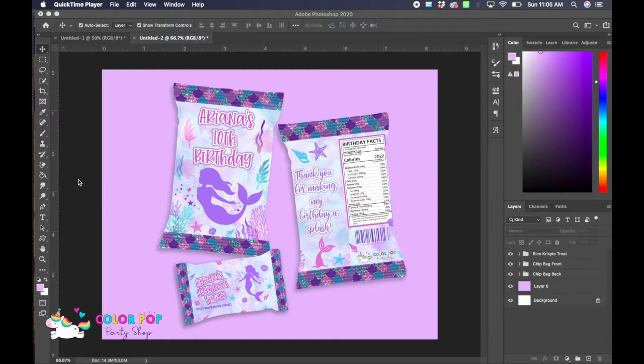So if you were looking for a tutorial on how to do mock-ups with smart layers, then stay tuned because I do plan on creating a video for that too. But for now, this is a very basic beginner mock-up tutorial, and we're going to create these mock-ups right here, right now. So to start, what we're going to do is create